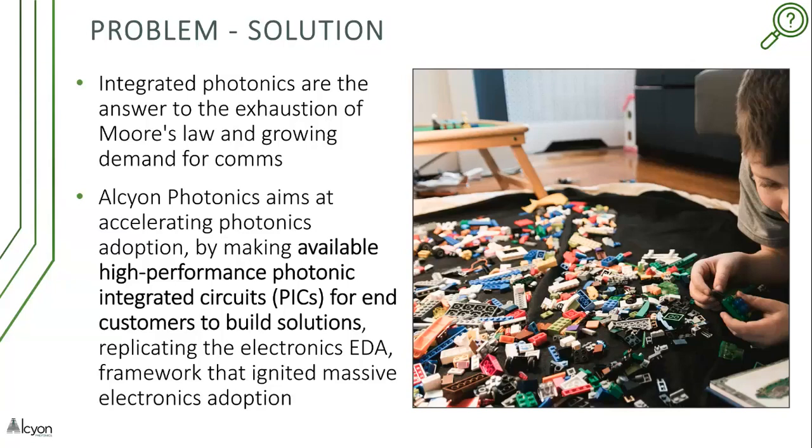And as has been mentioned before, there's a lot of knowledge in academia, but it needs to be transferred into industry, and there's a clear gap, because probably most companies don't need to know how photonics works, but what they need to know is what photonics does. And that's what we intend to do through our libraries: provide the end customer with very basic building blocks